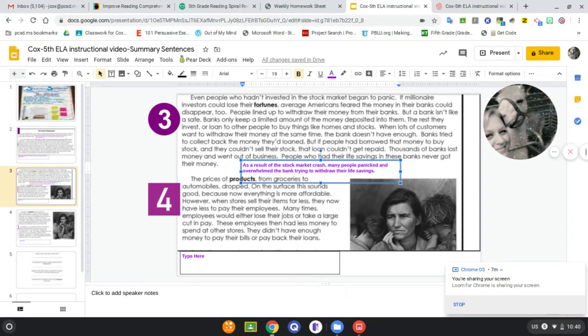Okay. Section 4, I noticed another bold word, products. Do a summary sentence here. Say, this led to a plummet or a drop in the price of products